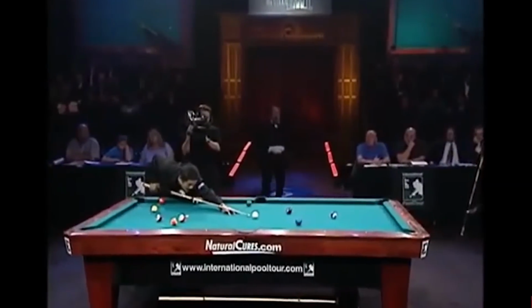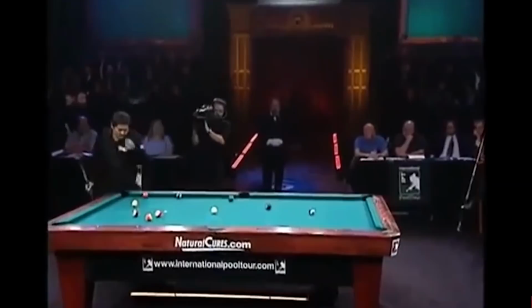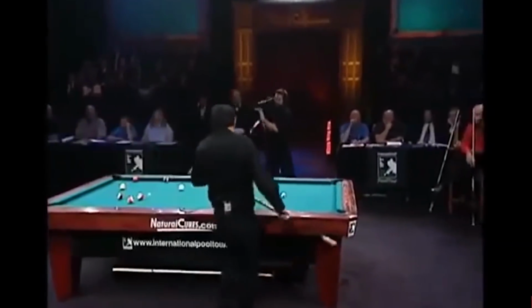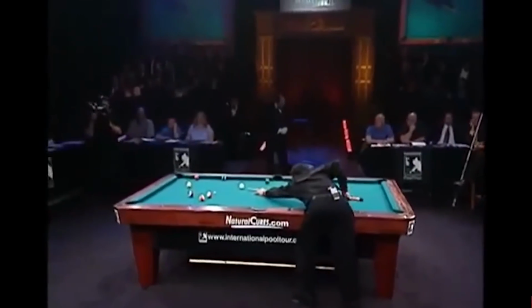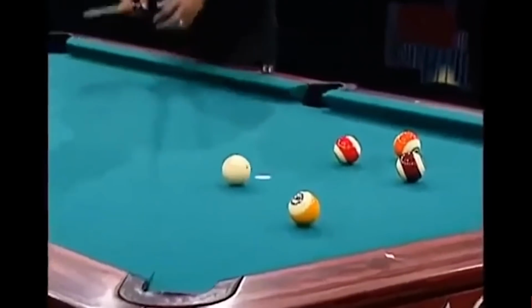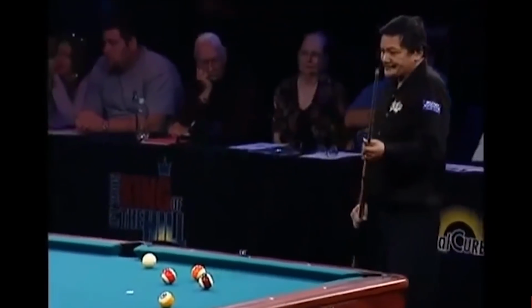It blows my mind how many players will shoot all the easy shots, leave their problem shot there until the end, and frankly, those problem shots are still sitting on the table when they go to scoop up those balls with the rack because they never bothered to take care of them. So his problem shot was the 7 to the 1, took care of it early, and next thing you know,